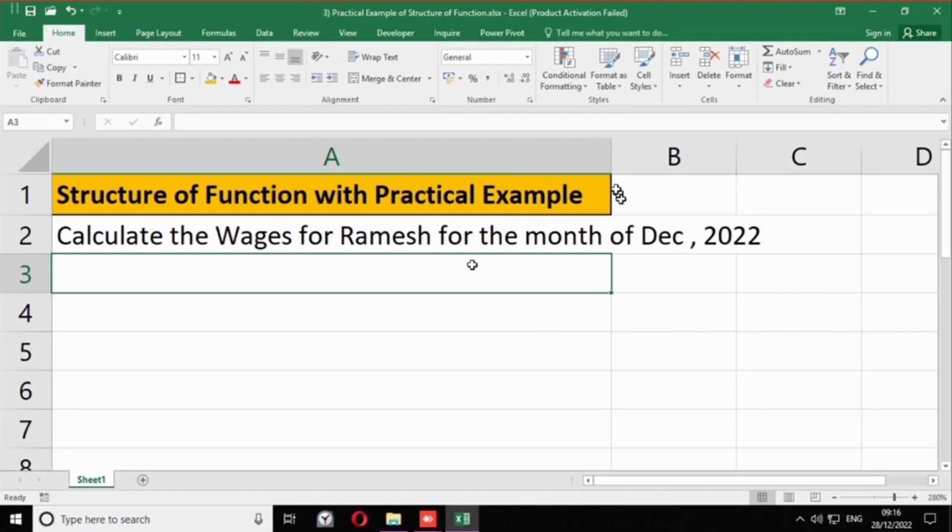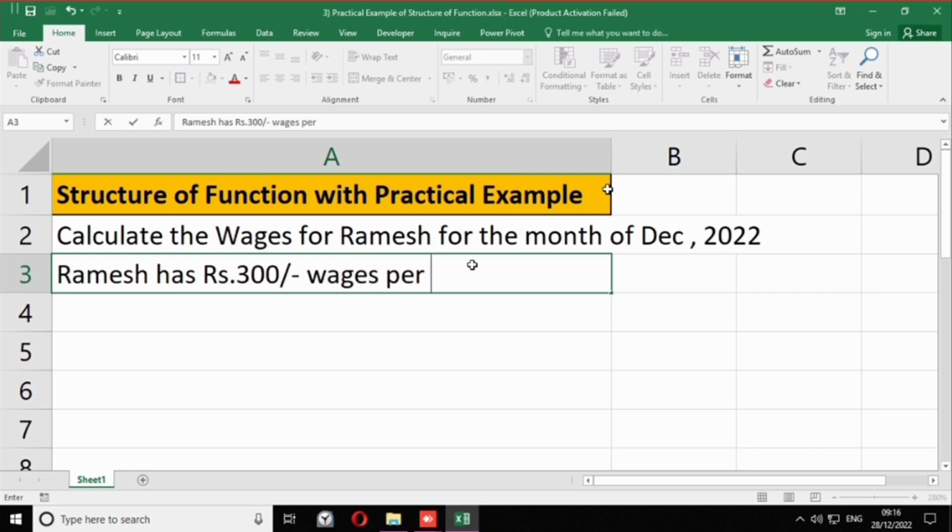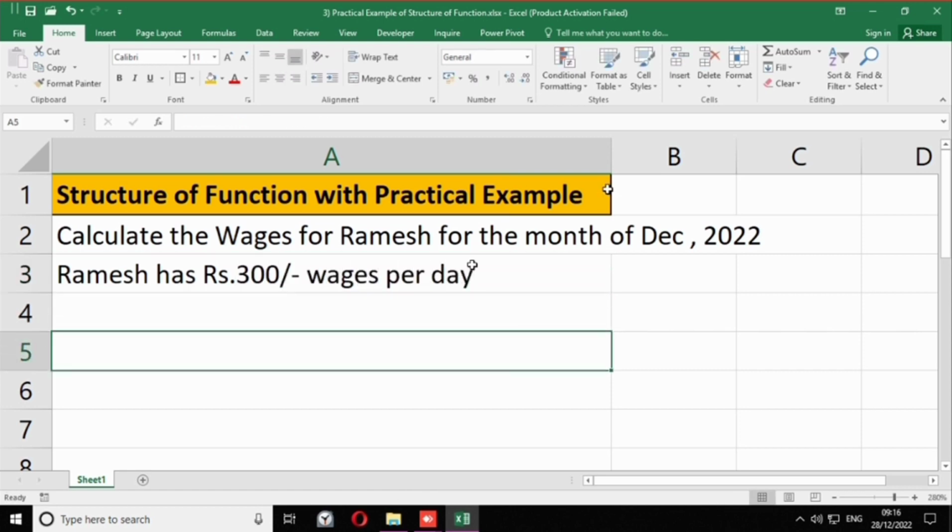This is my example. Now let's say Ramesh has rupees 300 wages per day. He is liable to be paid rupees 300 wages per day.